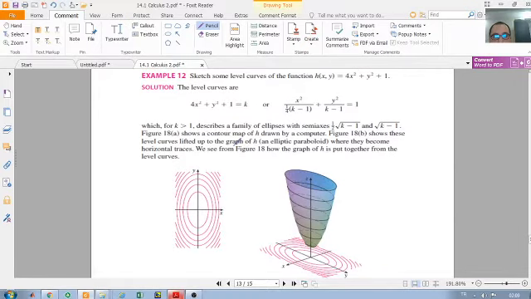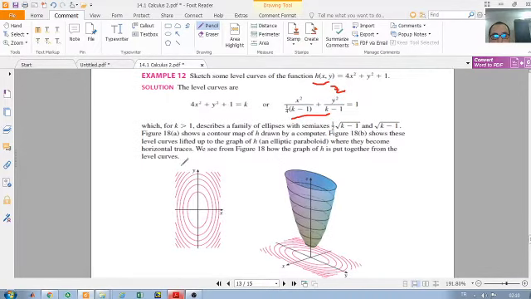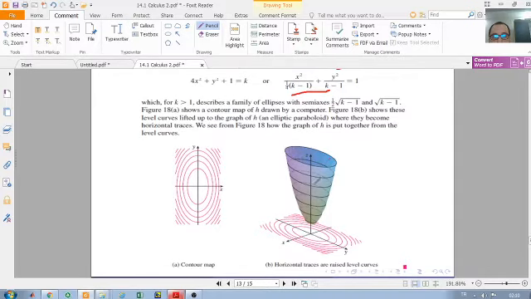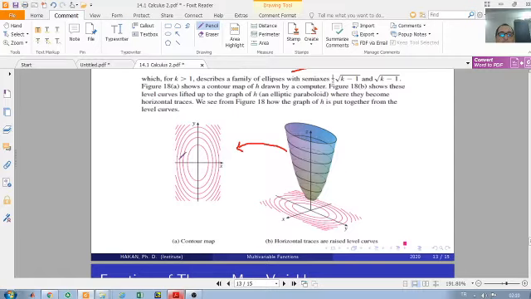And similarly, you can see the level curves of this function. When we write any constant here for z, we get an equation of an ellipse. You can see the level curves, and you can see the projection of the horizontal traces onto the xy plane, which consists of the contour map of this surface. This is the contour map of this surface. For example, this is important for